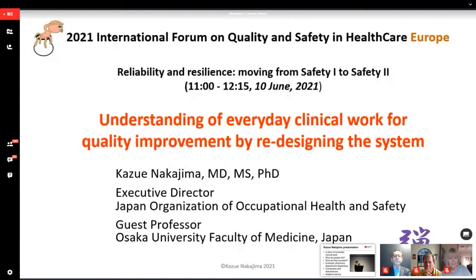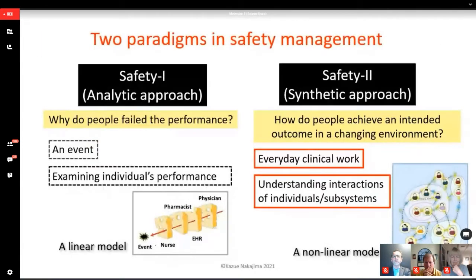Hello, ladies and gentlemen. I'm Kazuo Nakajima. I'm talking about understanding of everyday clinical work for quality improvement by redesigning the system based on Safety 2. Safety 2 is a synthetic approach to safety management, pursuing how people achieve intended outcomes in a changing environment and under constraints. We need to understand everyday clinical work focusing on interactions of individuals or subsystems instead of analyzing an